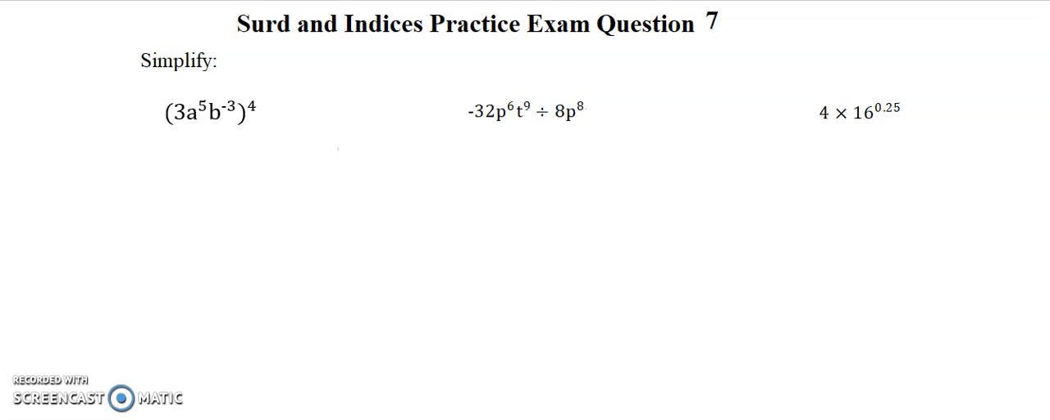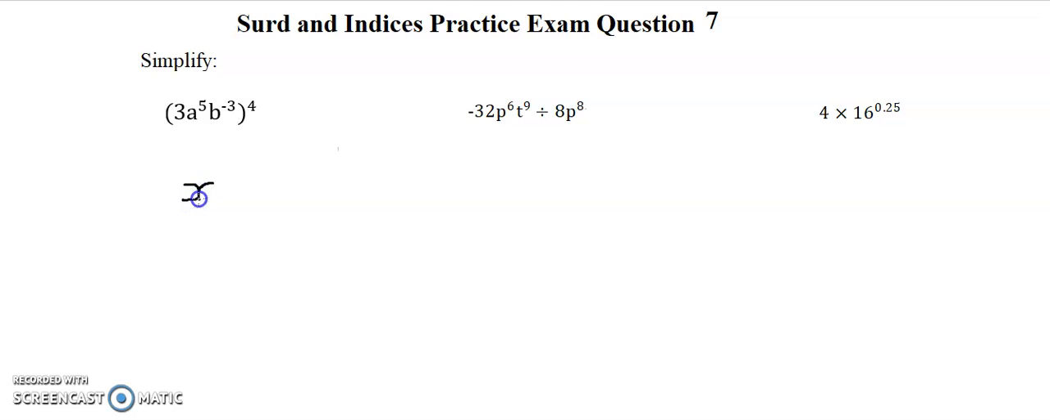Third and Indices Practice Exam Question 7. Simplify (3a^5 b^-3)^4. So if we think about our rule that we are going to be using, if I've got